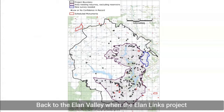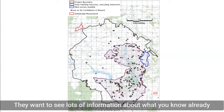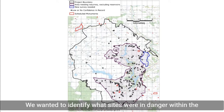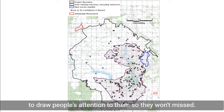When the Elan Links project was being conceived, obviously to do a Heritage Lottery bid on the scale of this one, there's an awful lot of paperwork that has to go in when you put your application in. They want to see lots of information about what you know already, what your aspirations are and where you want to go. So one of the things that was asked for was a heritage at risk survey. We wanted to identify what sites were in danger within the Elan Valley area, what sites might benefit from some remedial work to repair them,